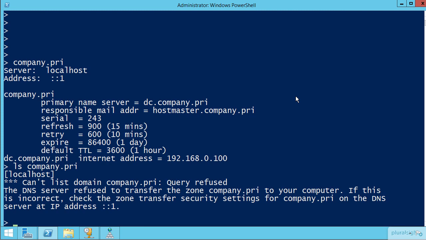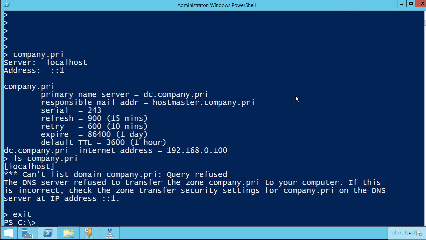But it's exactly this list of the entire domain that you want to try to prevent yourselves or prevent other clients from being able to do, because if you're a bad guy, this information would really help you identify, especially depending on how you name your servers, what kinds of servers and services may exist in this particular zone. Now, getting out of here for just a second, if I do exit,